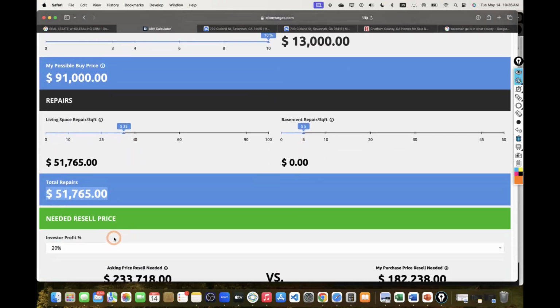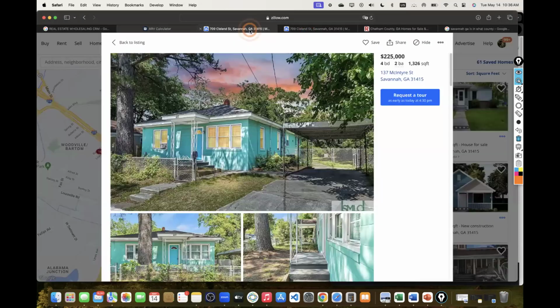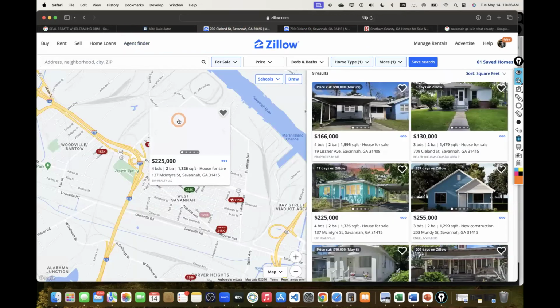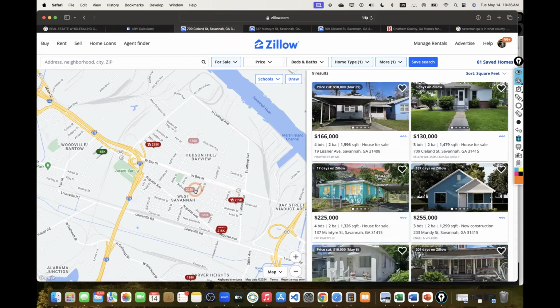And then I'll at least want to make my 20% on this deal. Again, if I'm trying to fix and flip this, the property needs to sell for $233,000 for me to make my 20% after the $52,000 of possible repairs. Again, it could be plus, it could be minus, because if we're trying to hold this, then we can spend a lot less, depending on what kind of comps I'm pulling. So far, our first comp that I'm pulling is definitely a rental property. But let's continue going through here. I'm gonna open this in a new tab so I can leave that open.